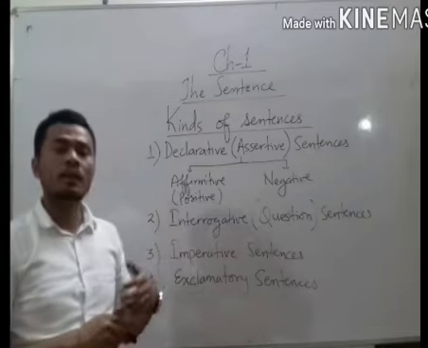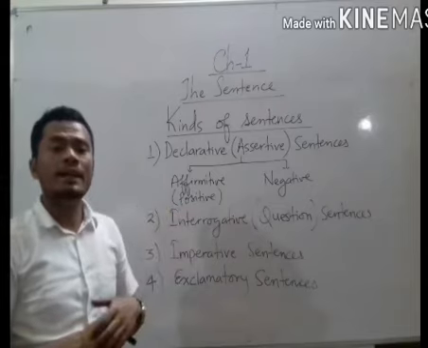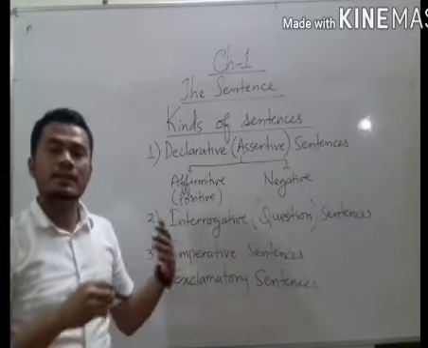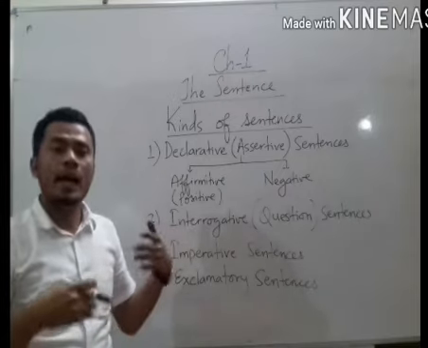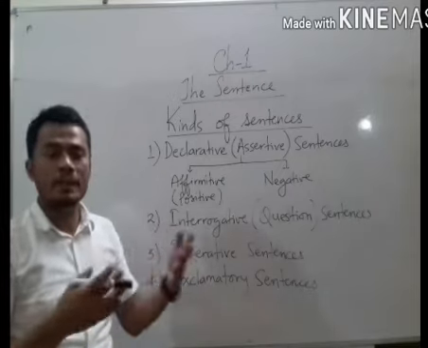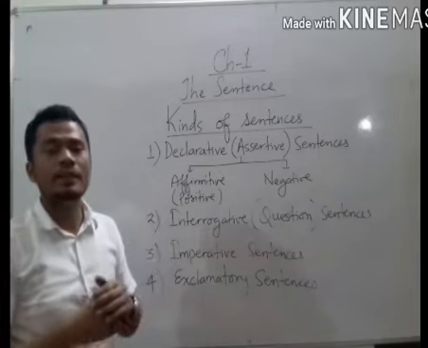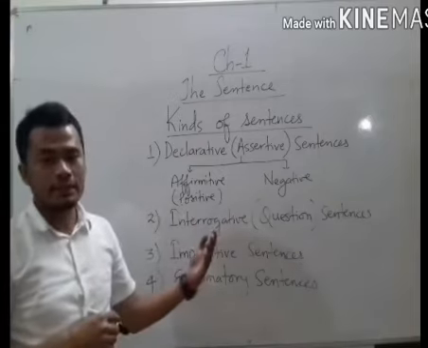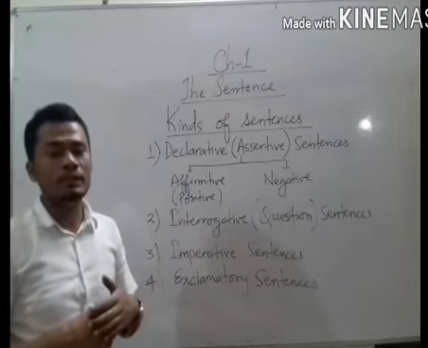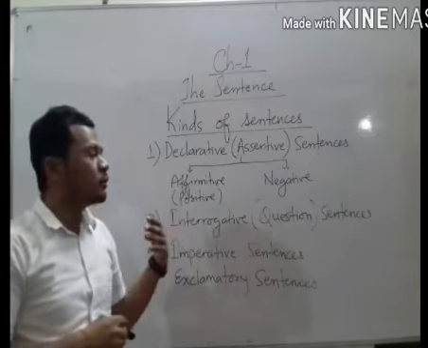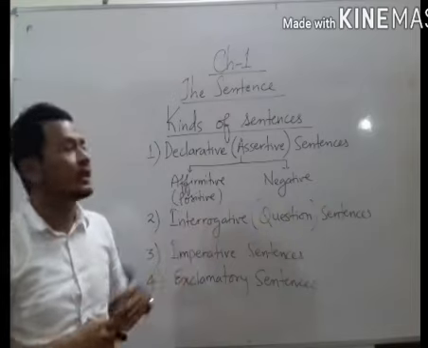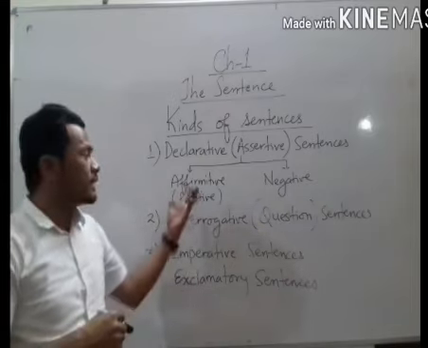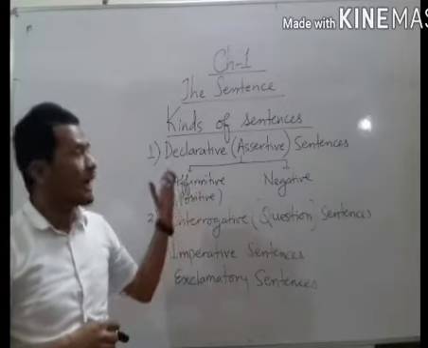Like, we attended our music class today. This is something that I want to express or deliver in a straight manner, so this is a declarative sentence. It gives us a positive sense. If we want to identify which kind of assertive sentence this is, it is an affirmative assertive